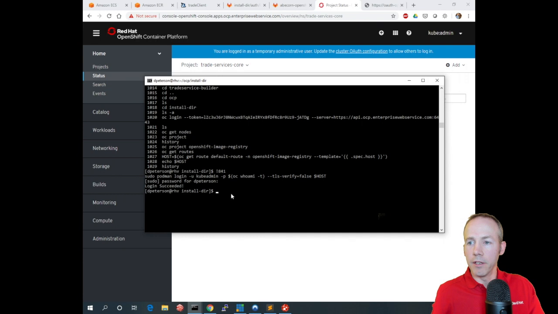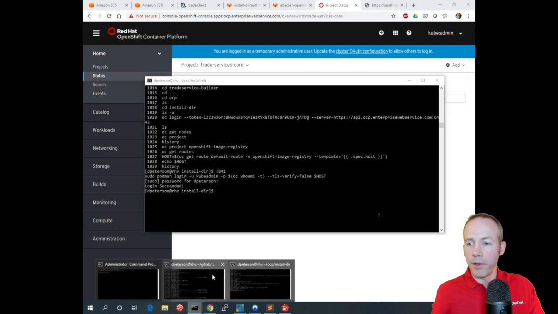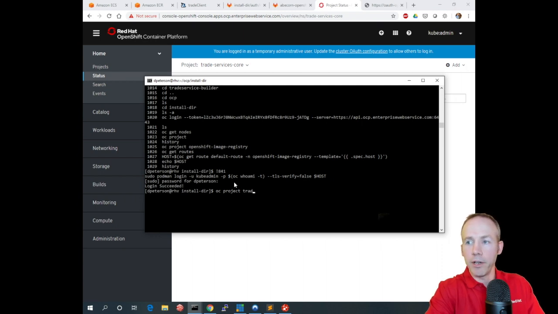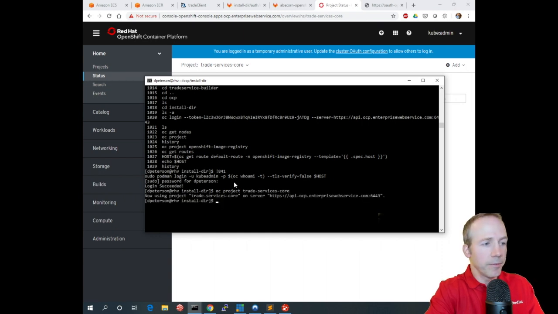And then, I am already logged in, so with the oc project command, let's switch to that project at the oc command prompt. Trade Services Core. And now that we're using that project,